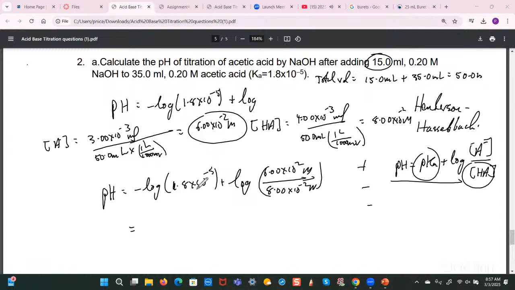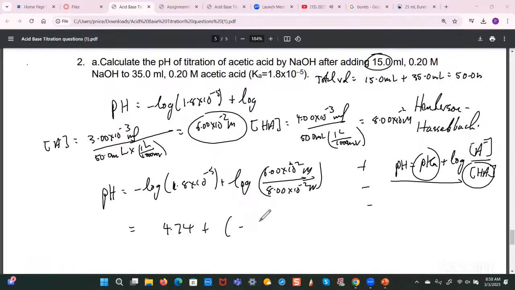I'm going to work out this part first. So 1.8 times 10 to the minus 5, find the log of that, and put the minus sign. So this part here is equal to 4.74, plus, and then I'll do the other part, which is 6 times, oh, this should be minus 2. It should be minus 2. So 6 times 10 to the minus 2 divided by 8 times 10 to the minus 2 equals, and then find the log of that, and that works out to be equal to, according to my calculations,